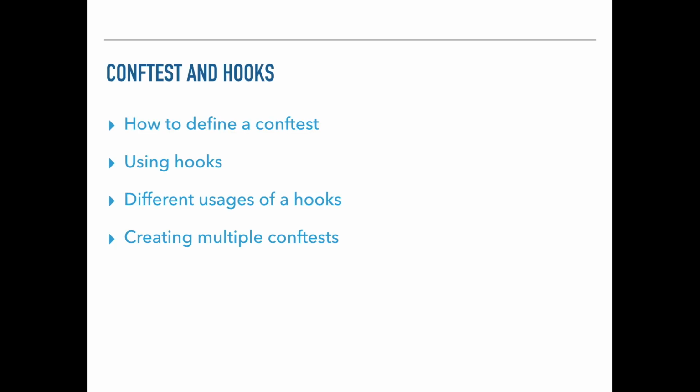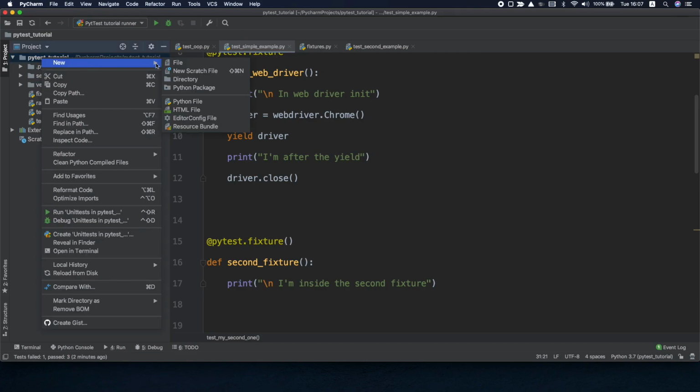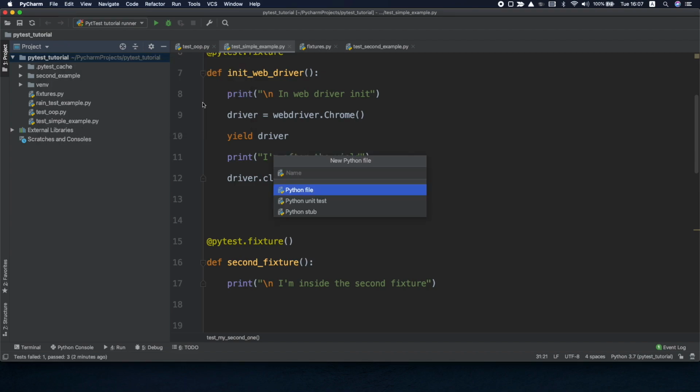A conftest is a special file that's being used to load external plugins. There are many predefined plugins in PyTest, and you can also write your own plugin. All of those plugins are called hooks, and those hooks will be discovered automatically by PyTest discovery. Let's start by defining the three basic hooks. So let's start by creating a new file. We'll call it